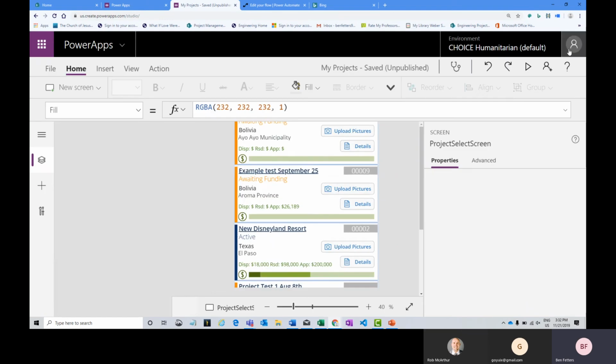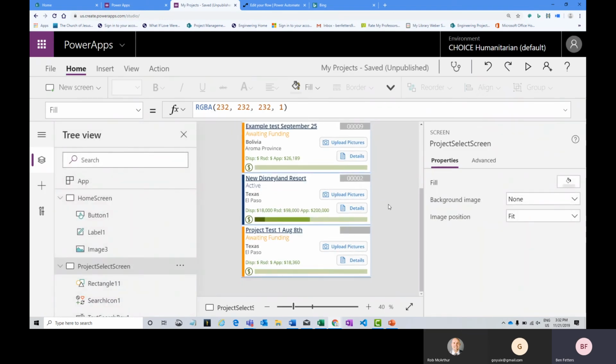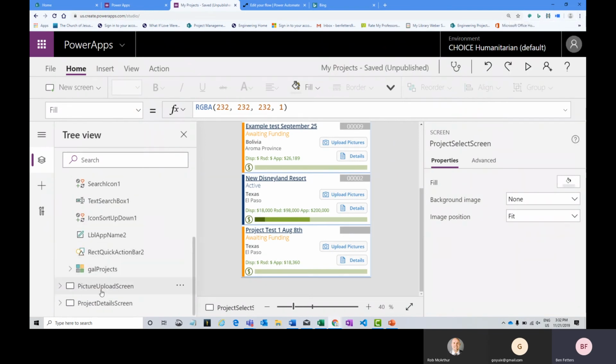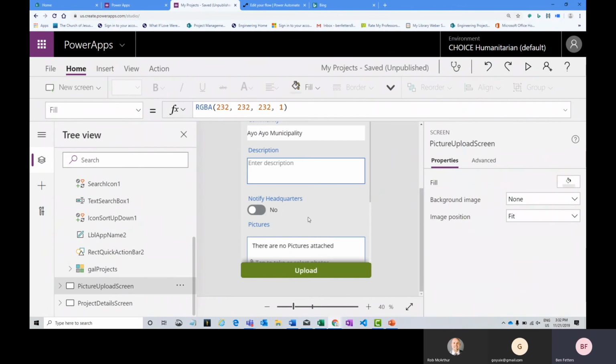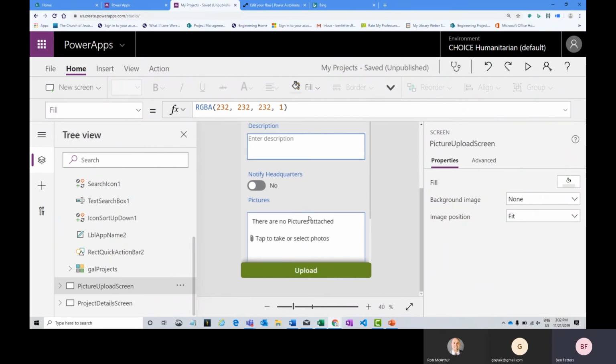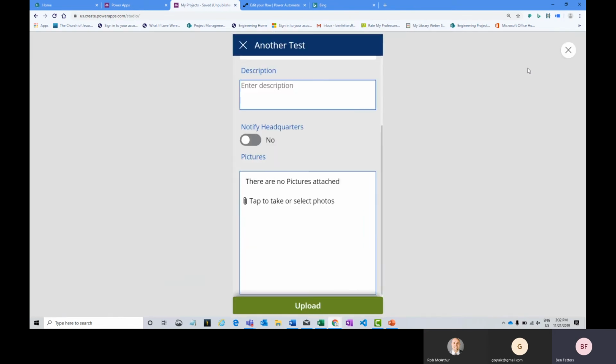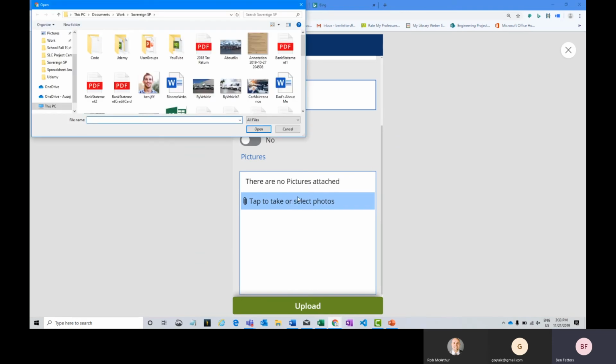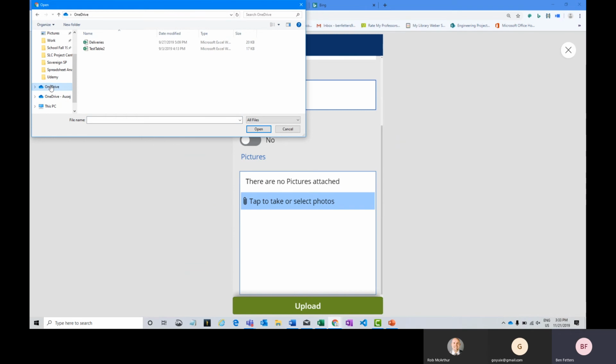So there's that part. The more interesting part that you're probably more interested in is going to be the picture part. So if I go to my picture upload screen, and I can make that look a little bit better. So I'll hit play again, and I'll come over here and I'll click on take a picture. I'll come to my OneDrive,